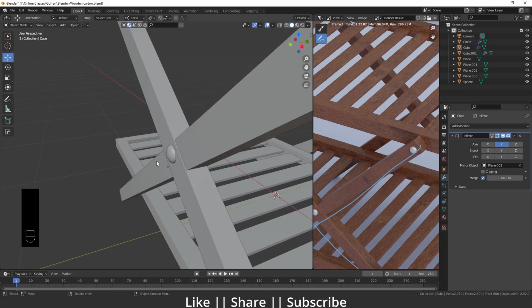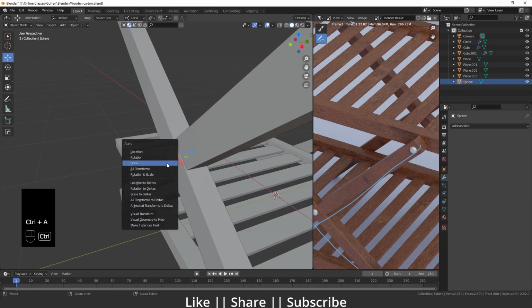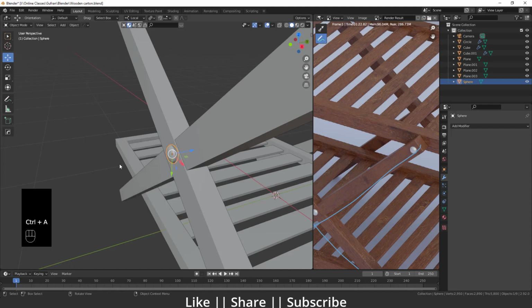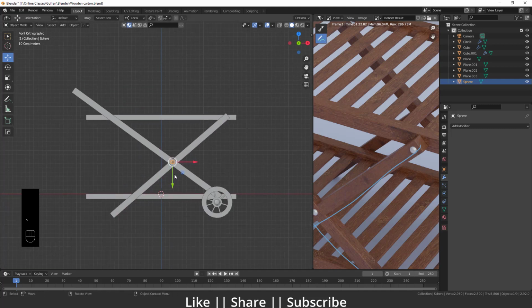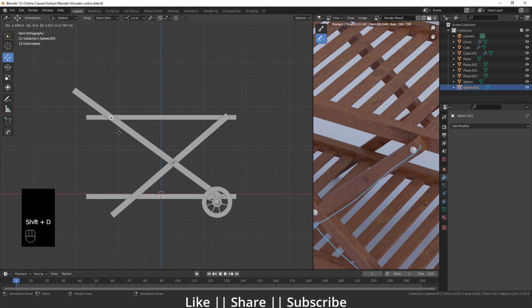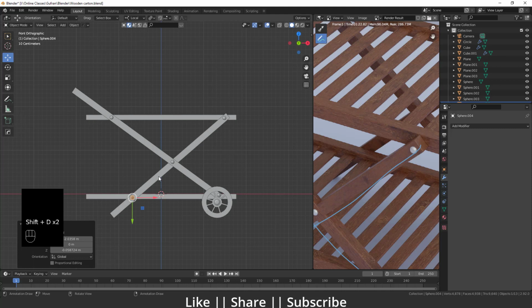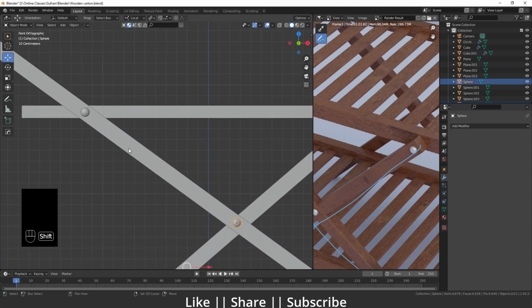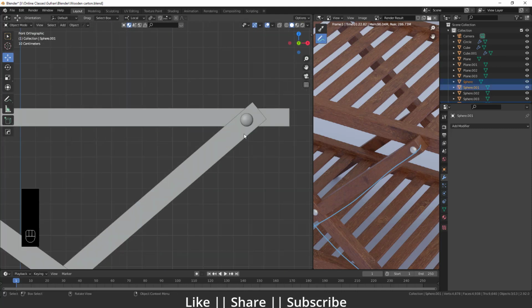Okay, that looks fine. Okay, and after that make sure you apply scale on it, and make sure you add the shade smooth as well. Then I'm just gonna copy this pressing Shift D, and I will keep it here, I will keep it here, and I will keep it here as well. Okay, after that I'm just gonna select all these nuts. Okay, something like that,